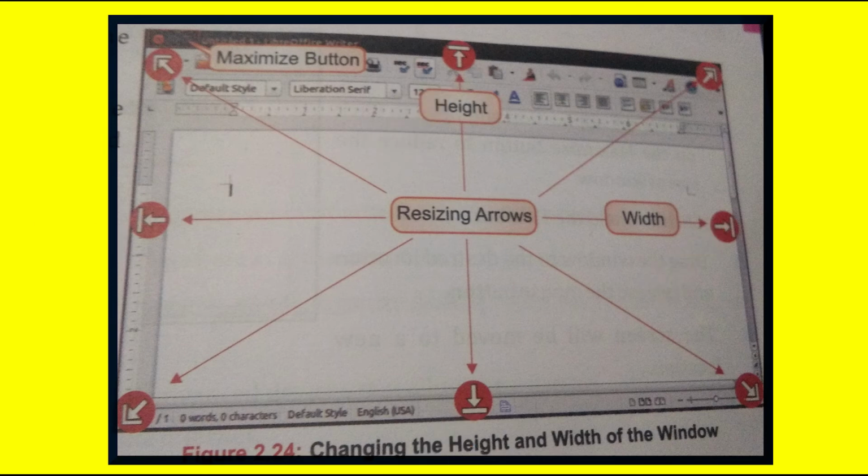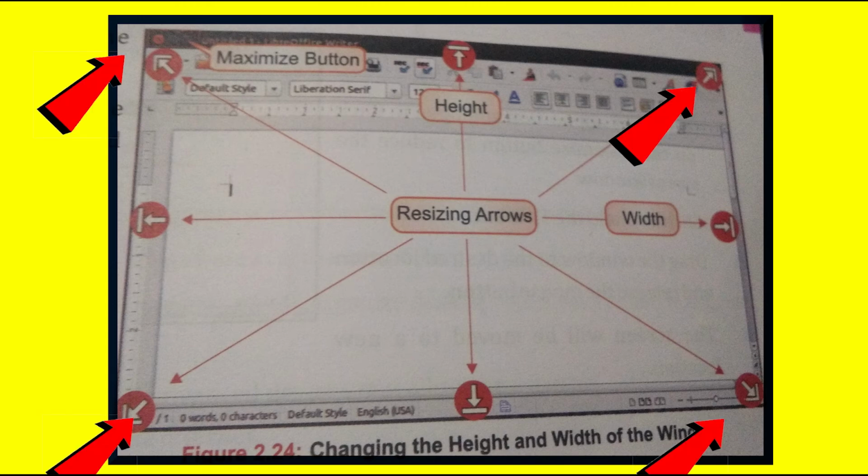Now drag the arrow up or down with the left mouse button. The size of the window changes accordingly. Similarly, you can change the width of the window. To change the height and width at the same time, place the cursor on any of the four corners of the window.